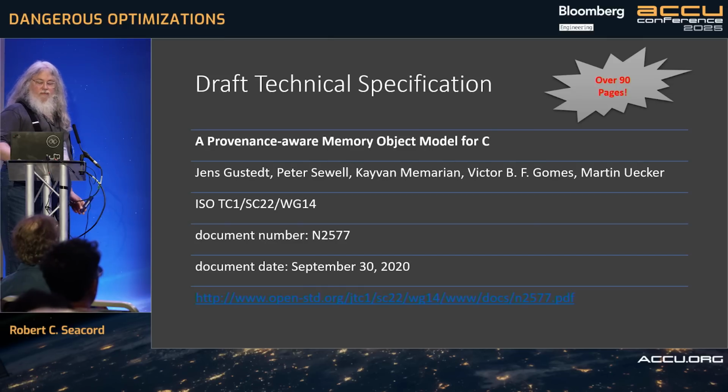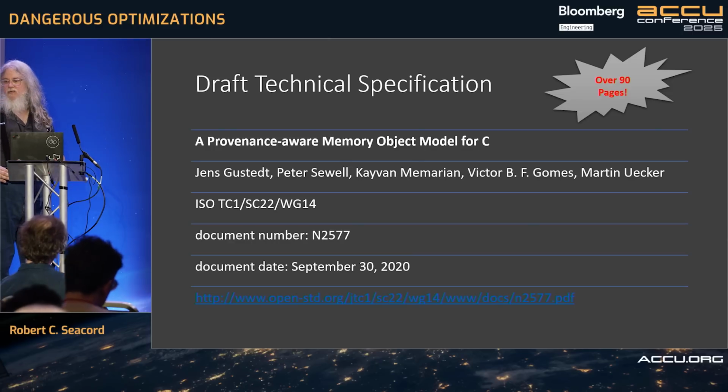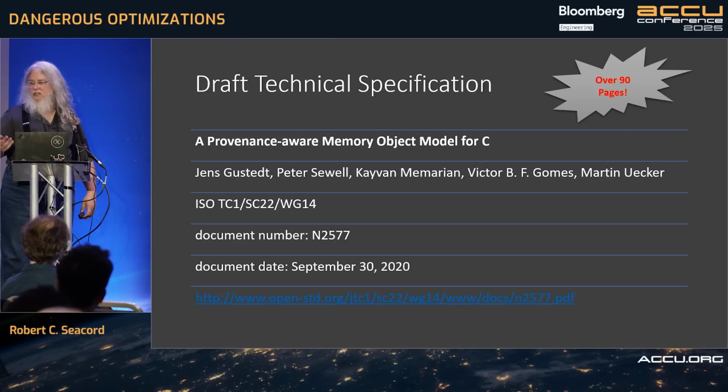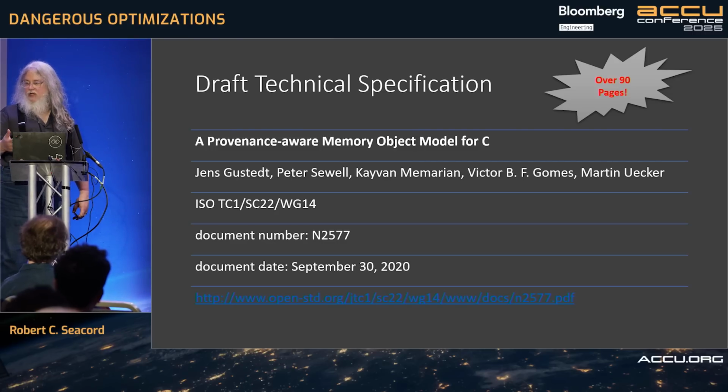But now we have, this is an old slide. We have TS 6010, which should be out in a matter of a day or two. It's a technical specification. So what the C committee does, we're a lot more conservative than C++. So we don't want to invent anything. When we invent stuff like pointer provenance, we put it in a TS, we give the implementers a chance to evaluate it, wait for feedback, and then put it into usually the next version of the standard.